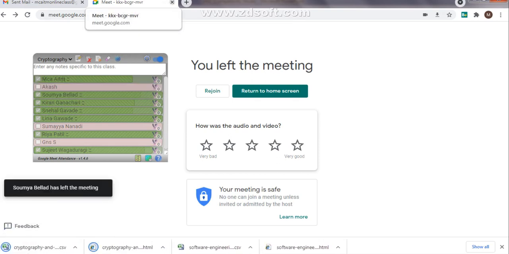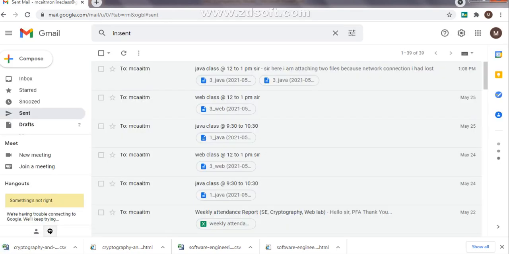This completes your first module. Only 3 of you are remaining. How about the others? They all left the meeting. Leave it. See, this completes your first module. In the second chapter, we started with what is a symmetric cipher, and we studied the symmetric cipher model. Then we saw the different types of substitution techniques and the different types of transposition techniques. Any doubts with respect to the first module, guys?